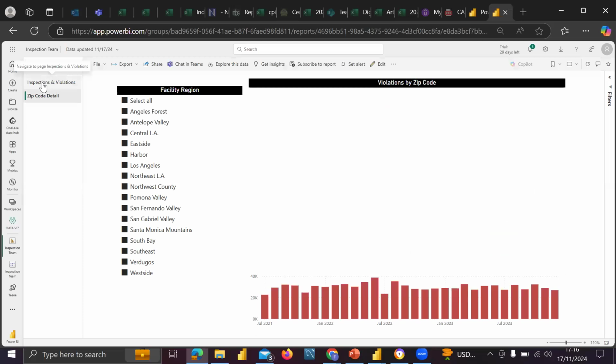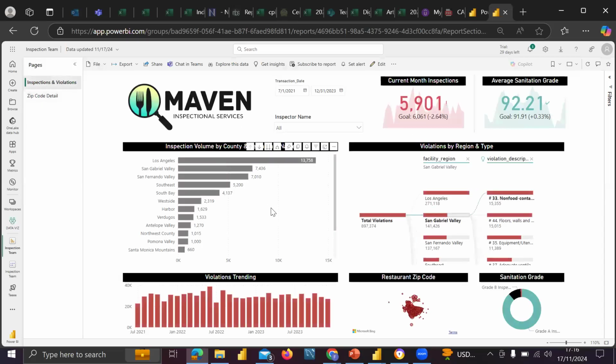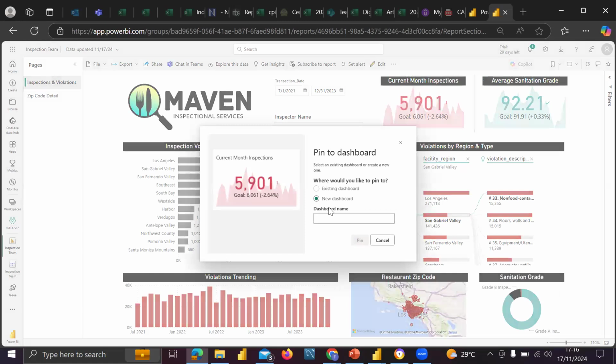This is a report that I just loaded. To create a dashboard, we ask what dashboard we need to create. We can come here and pin visual. You can see this icon. So we are trying to create a dashboard now. I want to create a new dashboard. I don't want all this. So, new dashboard, data visualization dashboard.